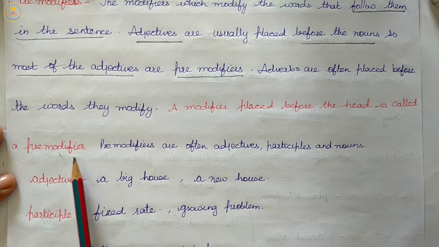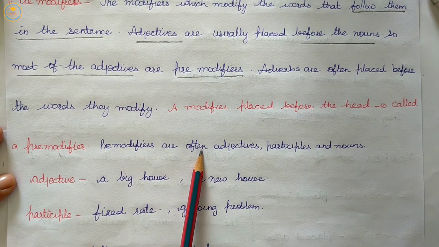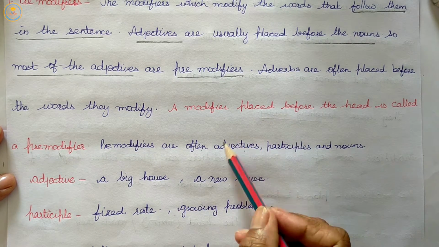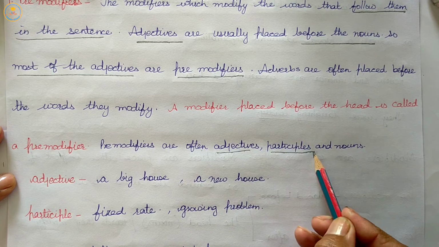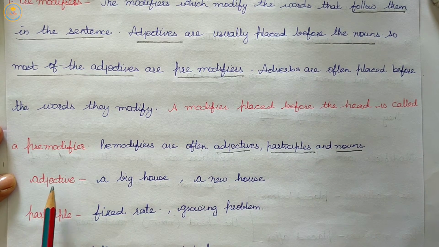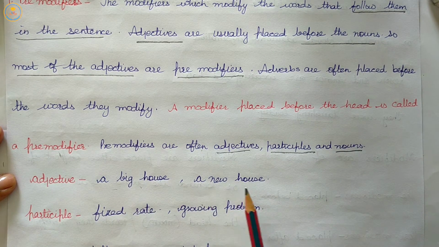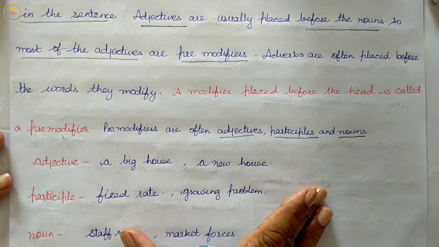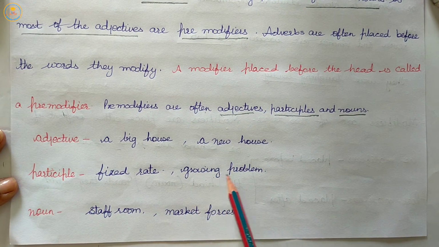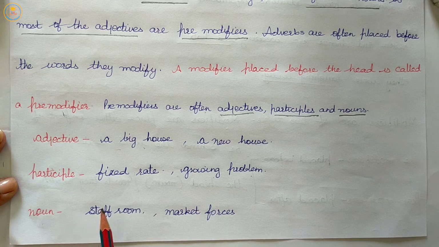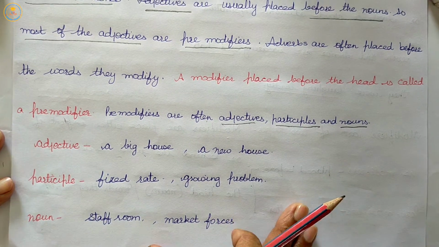So pre-modifiers are often adjectives, participles or nouns. Adjective: a big house, a new house. Participle: fixed rate, growing problem. Noun: staff room, marketplace or market forces. So here